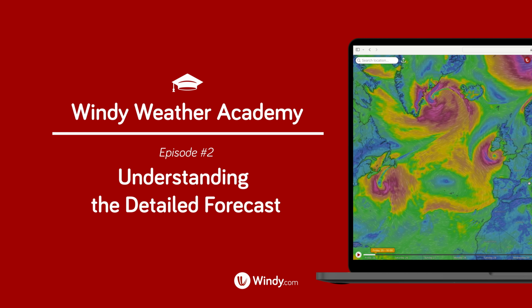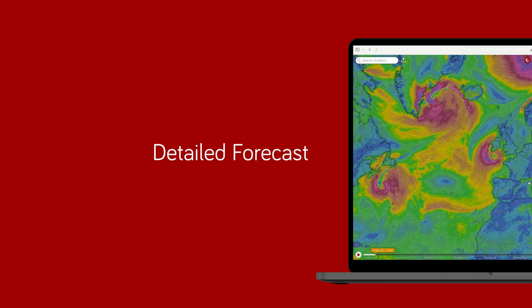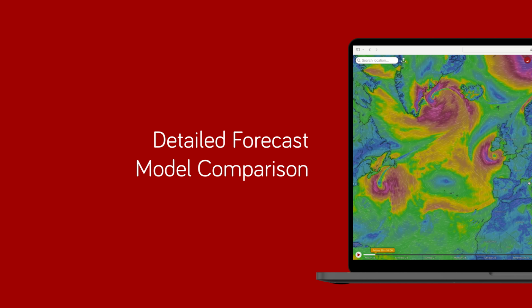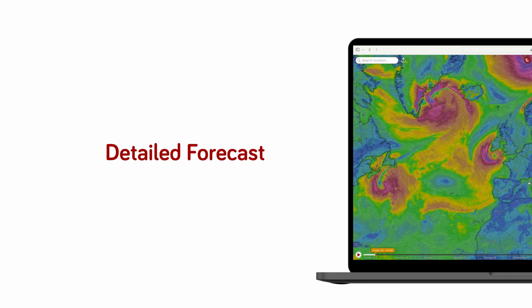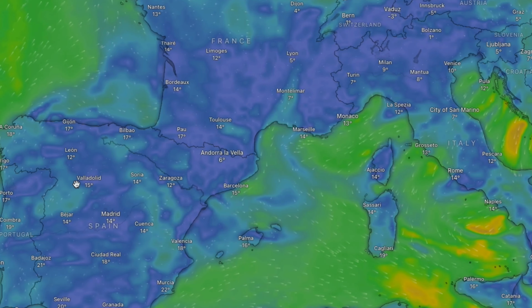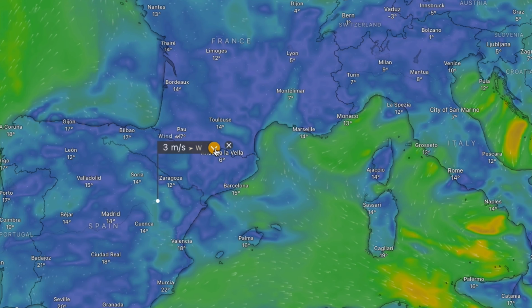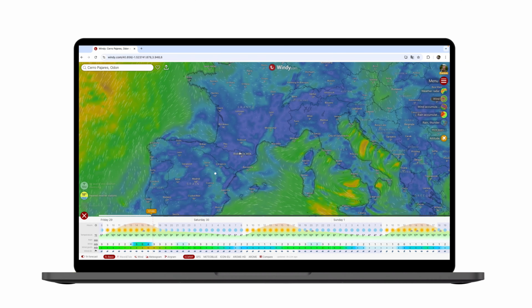In this video, you will learn about the basics of detailed forecast, model comparison, types of weather forecasts. Detailed forecast. On the windy.com homepage, clicking on a location activates a small yellow arrow that opens a detailed forecast